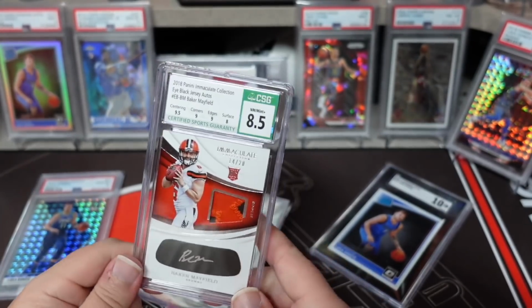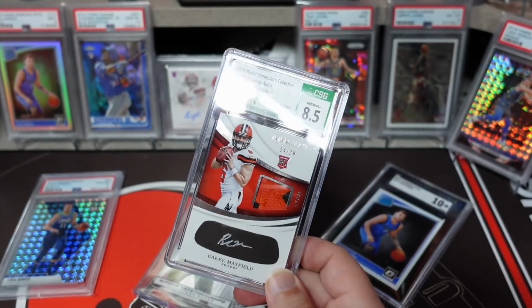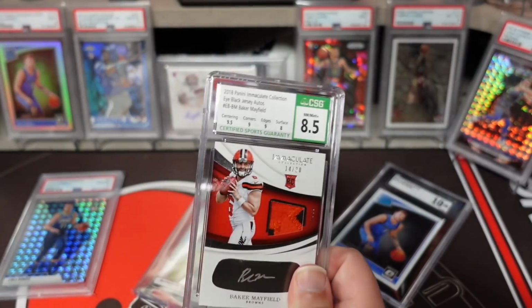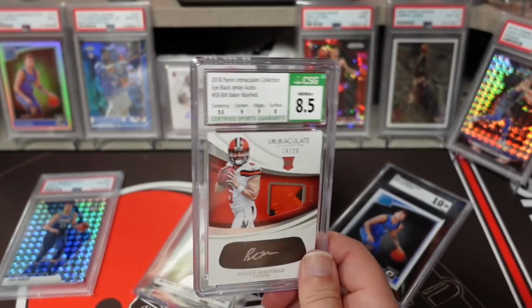This part is absolutely great. It's probably my favorite piece of plastic out of all of them. I'd be curious to have a thinner card in one. Once again, thicker card, it feels a little beefier because it's a thick card. All that being said,